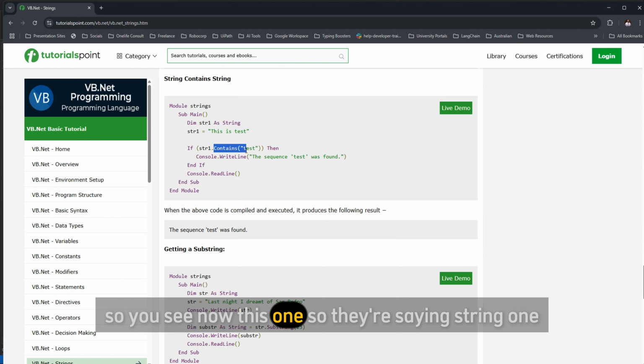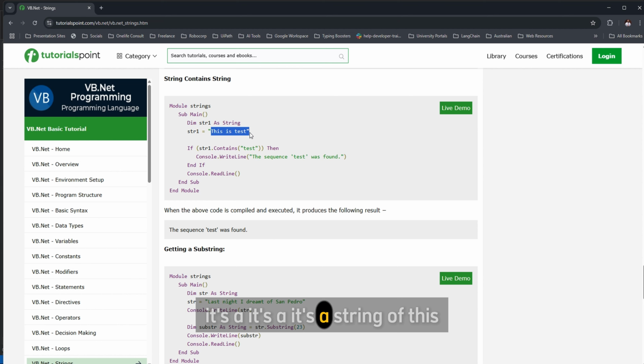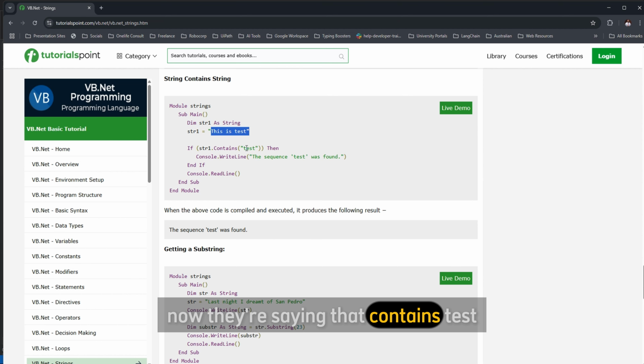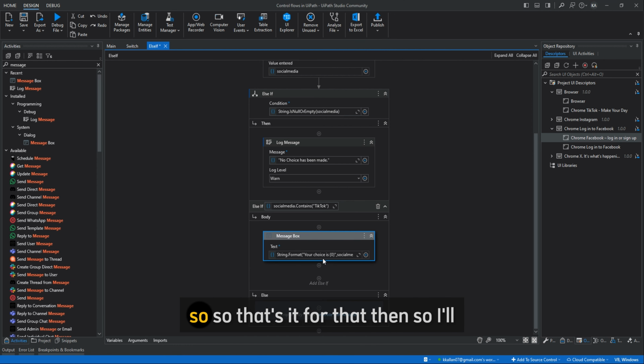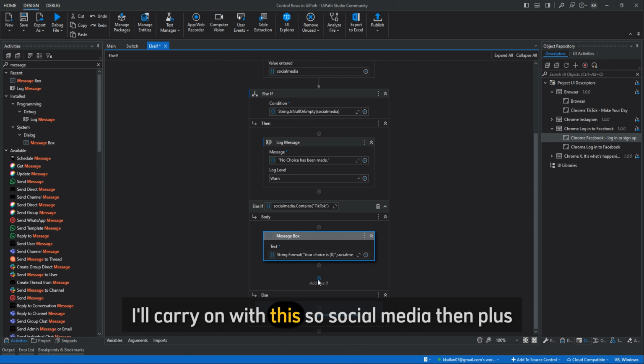So you see now this one. They're saying string one, it's a string of this. Now they're saying dot contains test. So I'm using this function. So that's it for that. Then I'll carry on with this. So it's social media, then plus